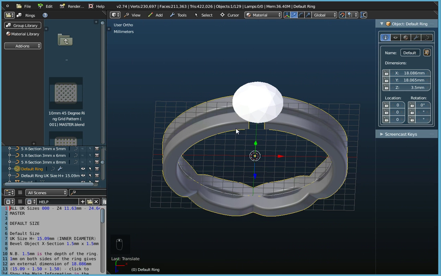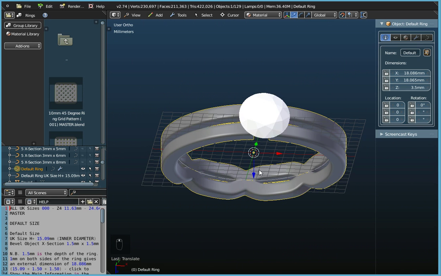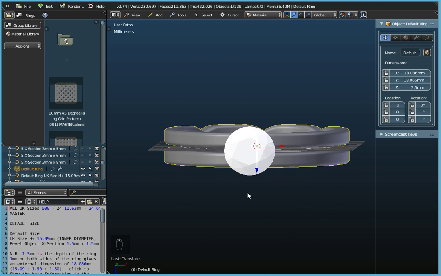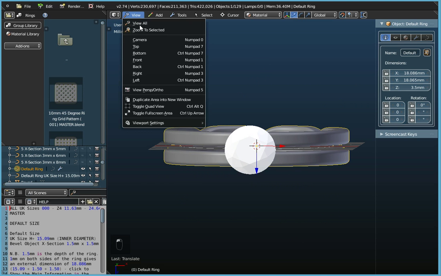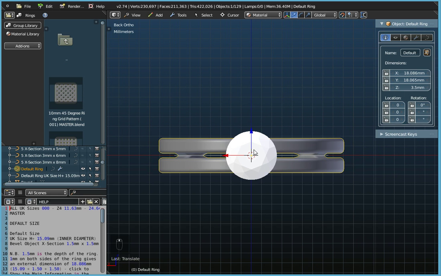Well, we want to pull out this side of the ring upwards and this side downwards, and on the right hand side the top part upwards and the bottom part downwards. So in other words, we want to move them in the Z direction. So if I change my view to back view, I'm looking at the gem here now, and there's the blue arrow, the Z dimension. So if I go into edit mode by pressing the tab key,